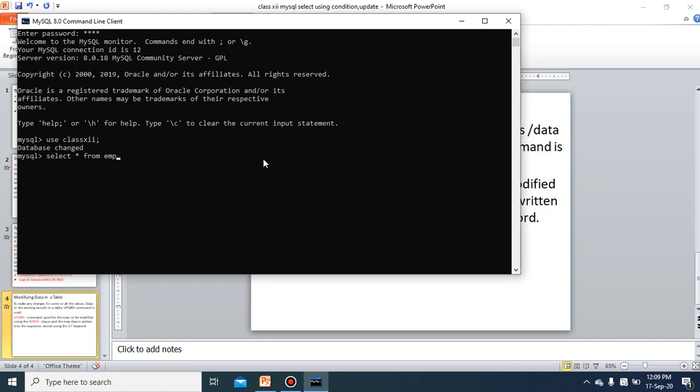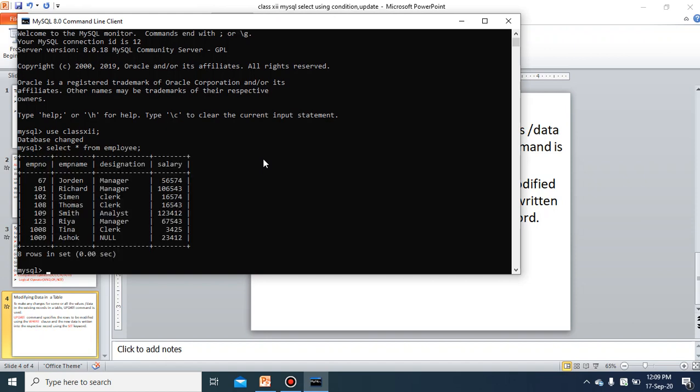asterisk from employee, yes, and here I want to see select empno comma designation from employee, where designation in, and within brackets you specify the designation which you want to see.